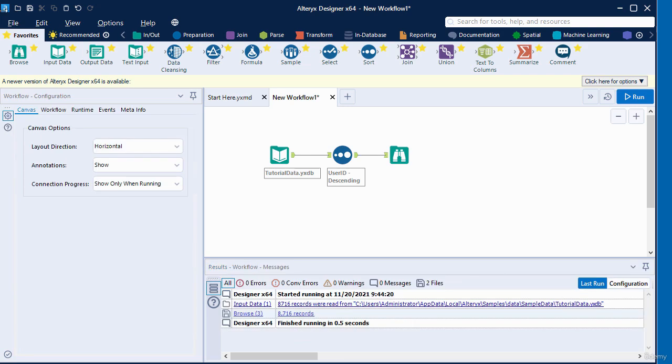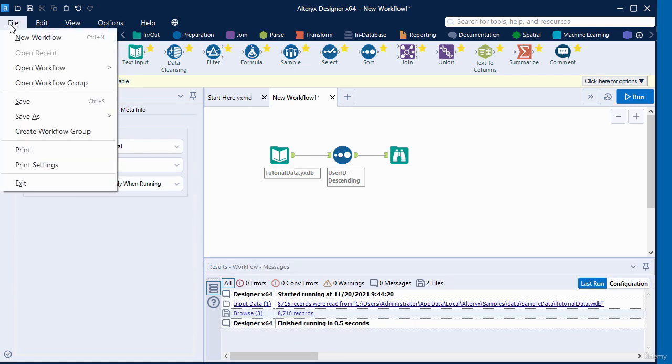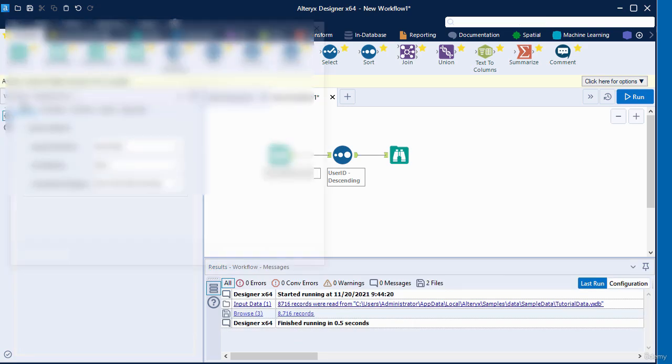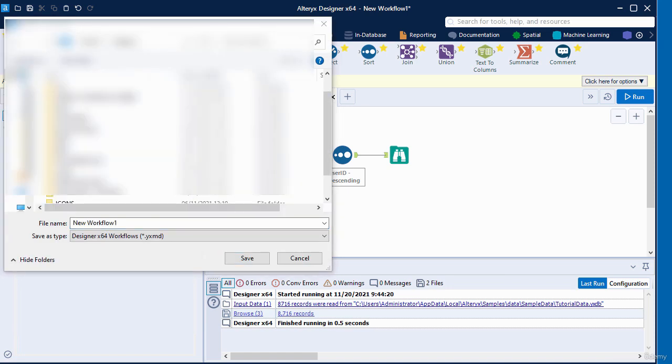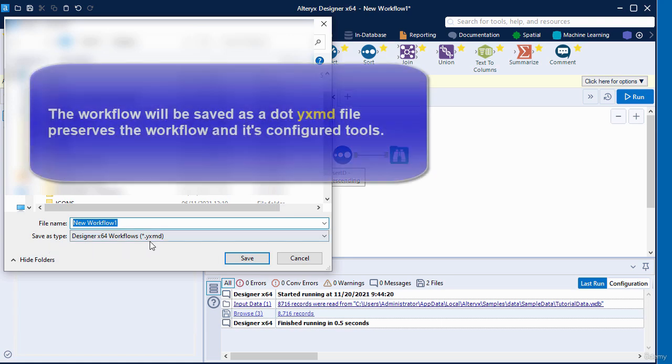You can save your workflow by clicking on the file button here and clicking on save. You then browse to a location where you want to save your workflow. The default file name for your workflow is neoworksclub1. Change the default name to a preferred name that you would like to give your workflow, and the workflow is saved as a